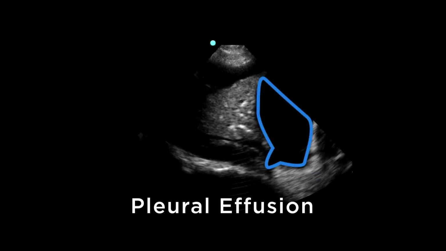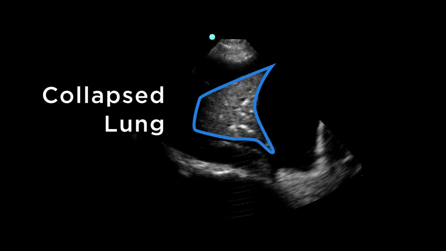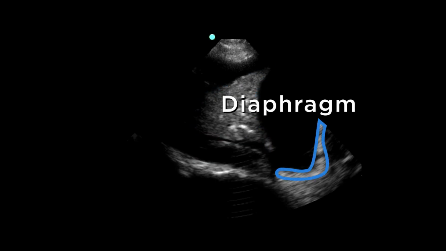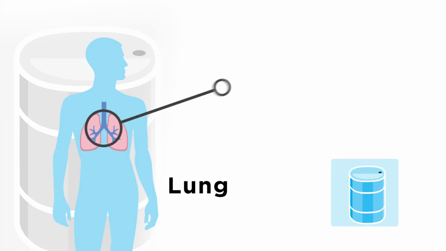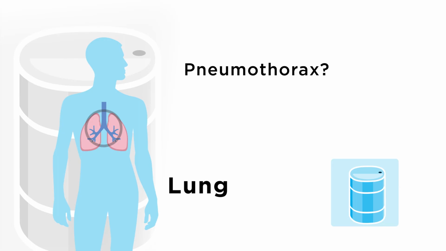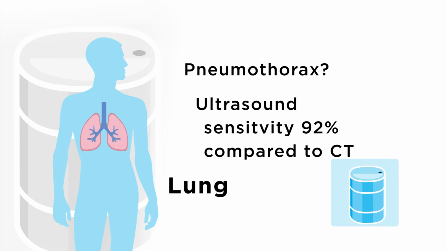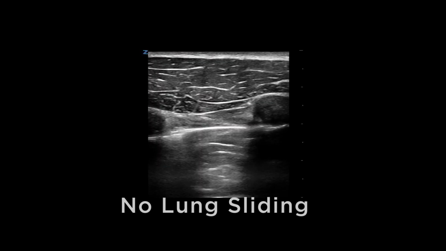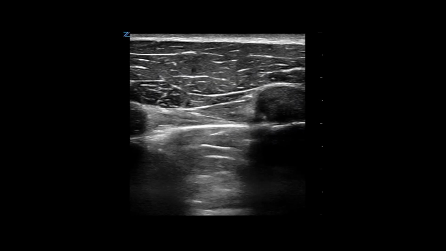Ultrasound examination of the abdomen and pelvis can also detect areas of free fluid or blood loss into the peritoneal cavity or other body cavity. Ultrasound of the lung can be used to rule out pneumothorax. With ultrasound, we can diagnose pneumothorax with a sensitivity of 92% compared to CT scan. In addition, an ultrasound of the chest can be performed more quickly than a chest X-ray and has no ionizing